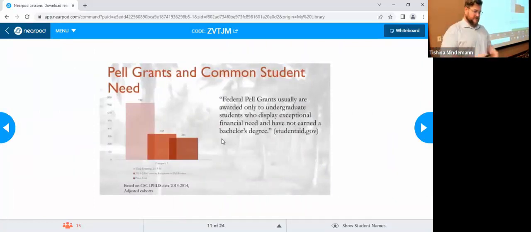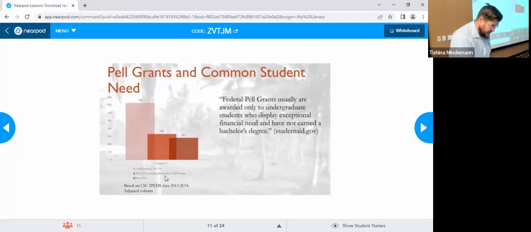So here are some statistics from Chadron State College specifically. The thing to remember here, this is our Pell Grant data. Pell Grant students, although this is an area that's expanding, represent, according to the federal government, an exceptional level of need. And what you see here is data based on IPEDS statistics from the 2013-2014 entering classes. And what I'd like to direct your attention to, if you can read it, it's a little